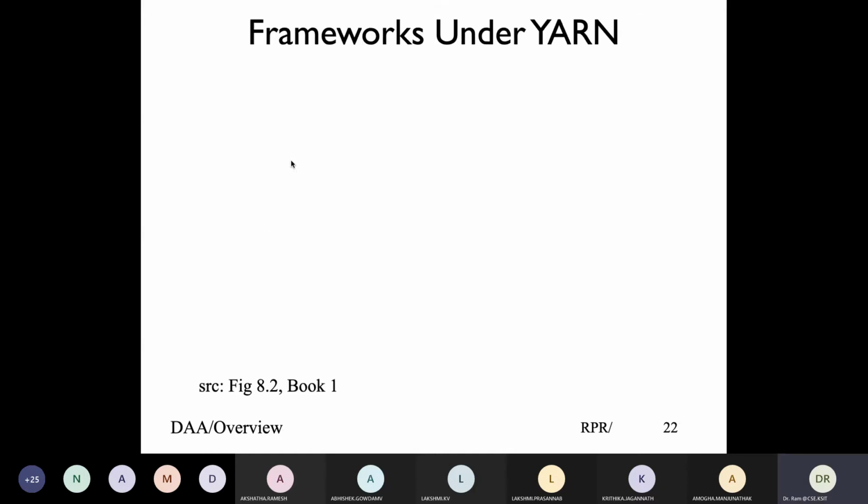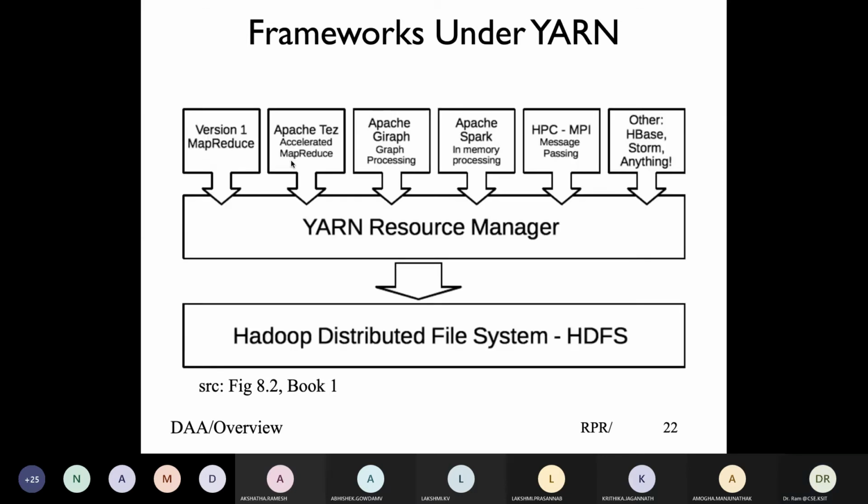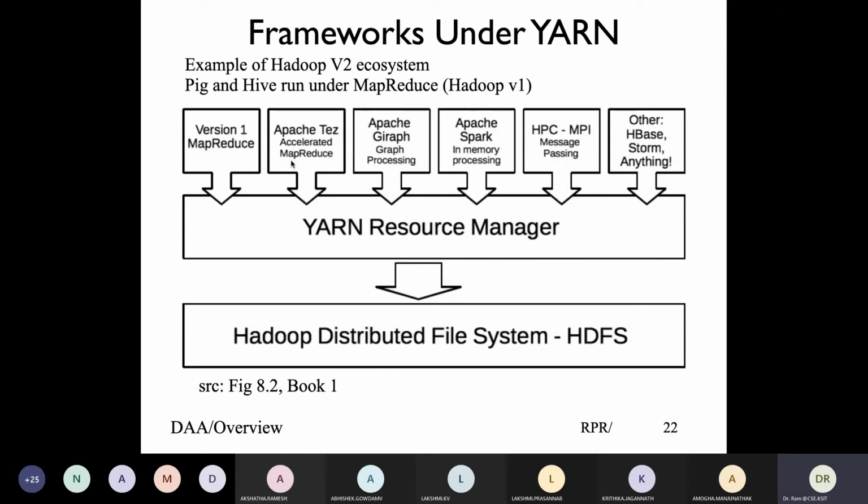So the general structure of the application frameworks under YARN looks like the following. You have version 1 MapReduce that remains as it is. Version 1 MapReduce also includes Pig and Hive as part of it. In the Hadoop version 2 ecosystem, we have other kinds of frameworks. We have distributed shell, and we have Apache Tez, which expedites applications whose dependencies are defined using a directed acyclic graph, instead of chaining them sequentially.